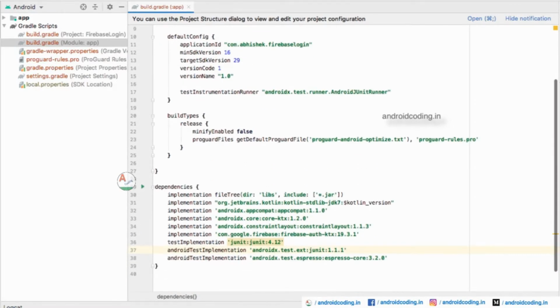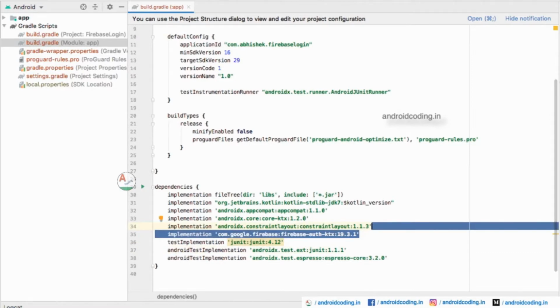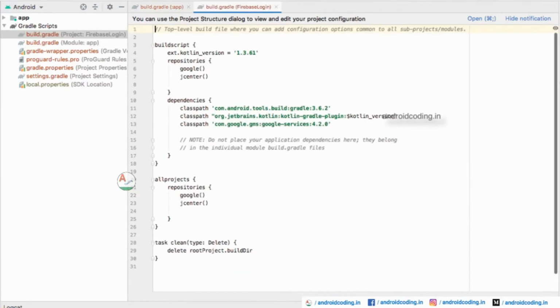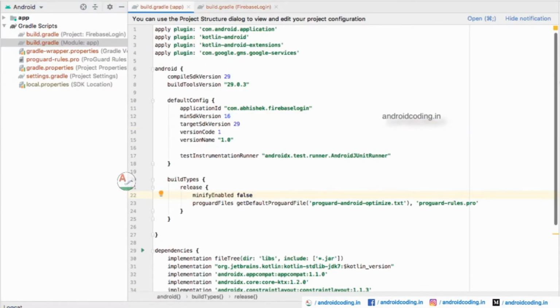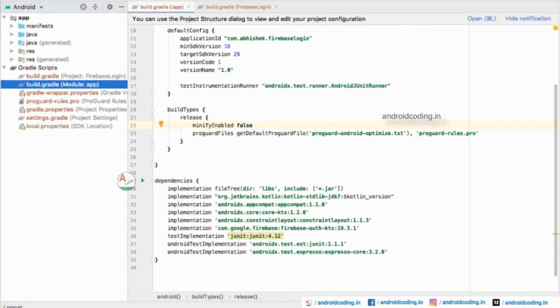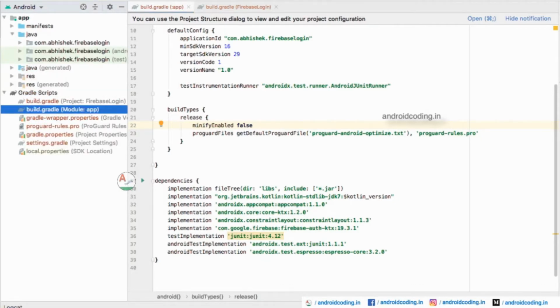First we need to add the Firebase authentication dependency here. As I have said, with the help of the Firebase assistant we can add all the remaining things. For your understanding, the Google services classpath will be added to your build.gradle, and an extension will be added for Google services. In this particular tutorial I am dealing with the Kotlin language, so if you are having any problem with Kotlin, you may comment in the description section below. I will try to provide the Java code also.